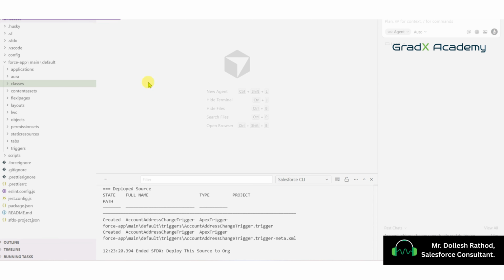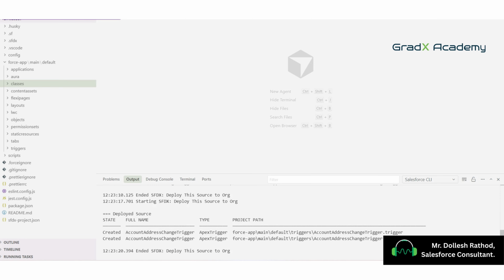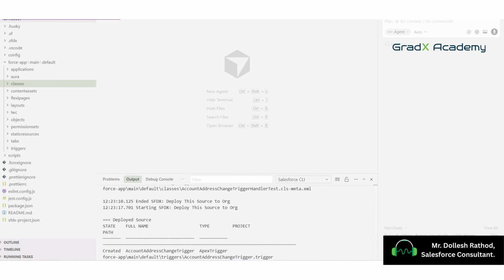Right now this is my folder structure of Salesforce. I am going to write a trigger on the Contact object. For this you need to give a prompt over here. If you are new to Cursor AI, then you can toggle the AI panel here and give whatever prompt you want. Right now I am giving it the prompt: generate